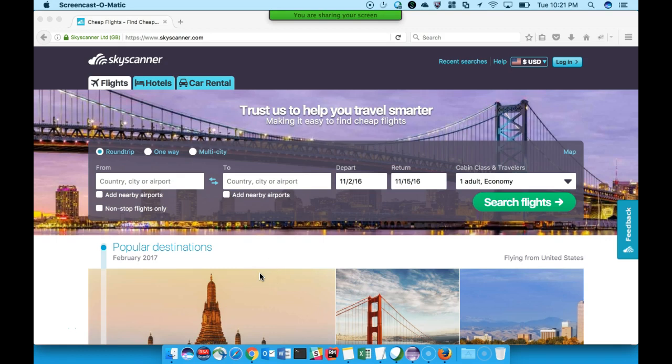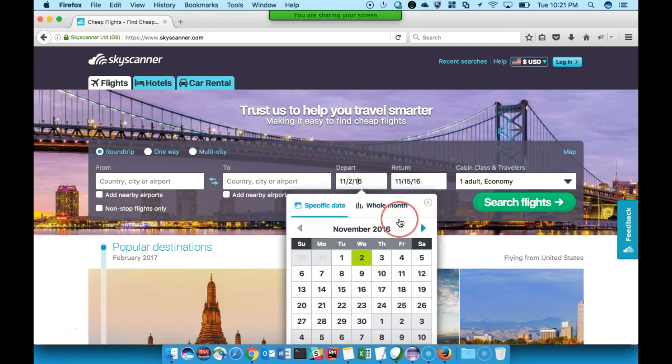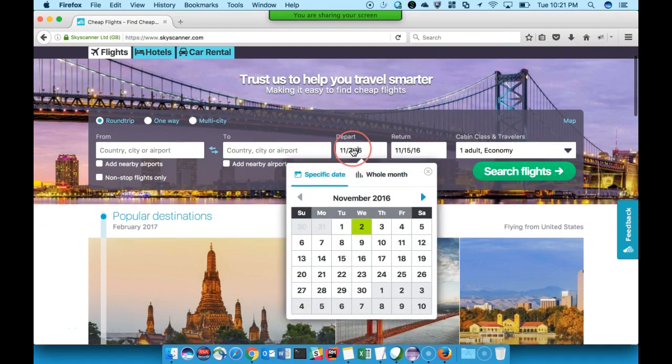Hello everyone. In this session we are going to see how to handle the date pickers. In many sites, whenever we want to enter the date, an object something like this pops up. This is a calendar object or date picker object. Many times what happens is when we try to enter the details for the date section, the edit box,